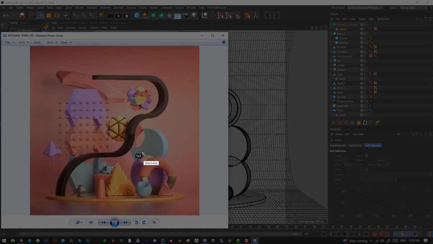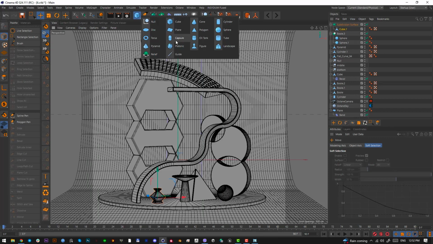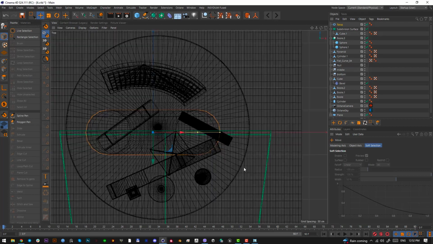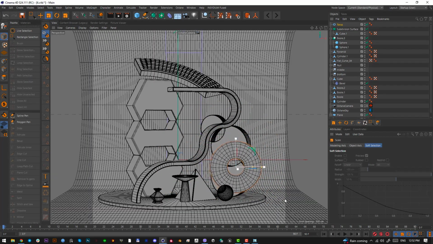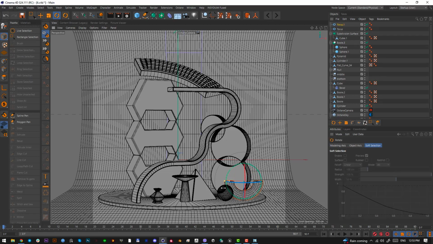Okay, the next thing we want to do is this shape. We have already created it, but let's just do it again. It's not really that hard. So we want a torus, pull it here. Put it here. Okay, and now we want to slice it, rotate it. First we will do the bottom one, duplicate it, rotate it,